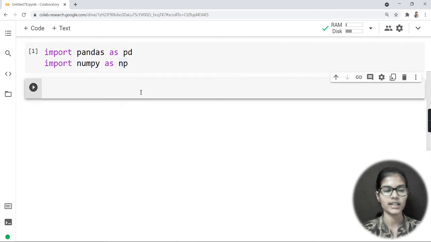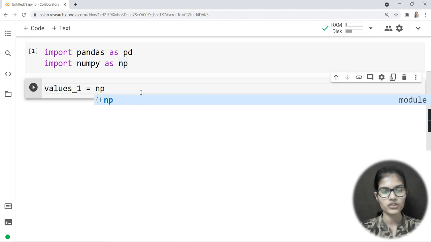Now I will be making a data frame for myself. Let's say I take one column, and the name of my column is values_1. Values_1 is the name of one of my columns, and I'm going to store some random values in it.